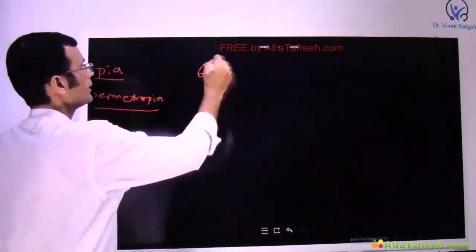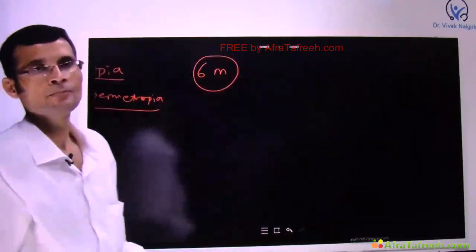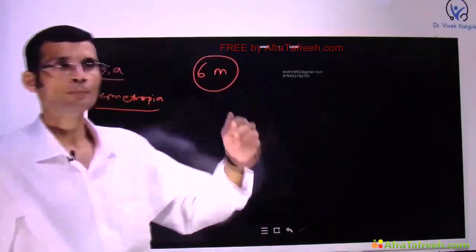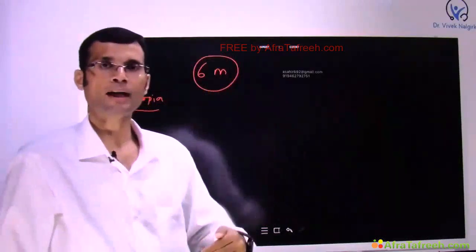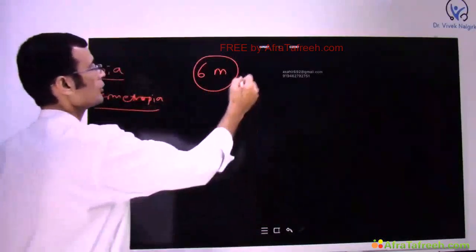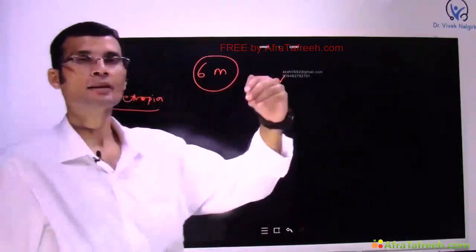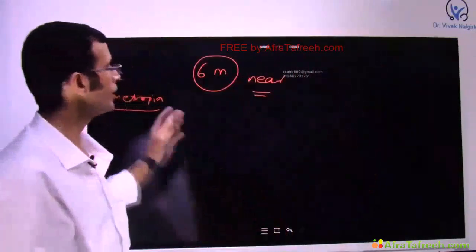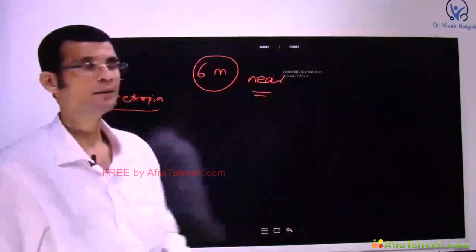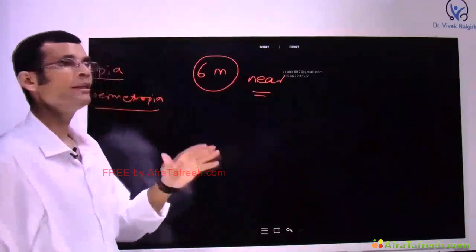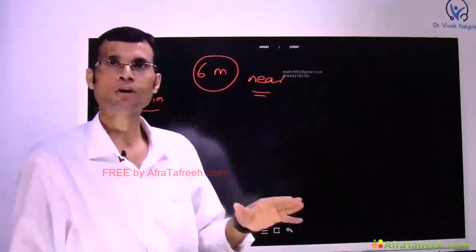6 meters is said to be the boundary. The objects which are within 6 meters from the eye are considered near objects, and beyond 6 meters up to infinity is called the far object. Why is 6 meters the boundary? It is because